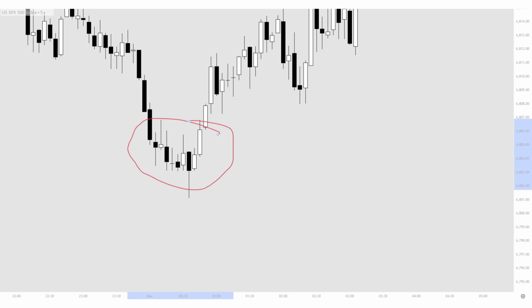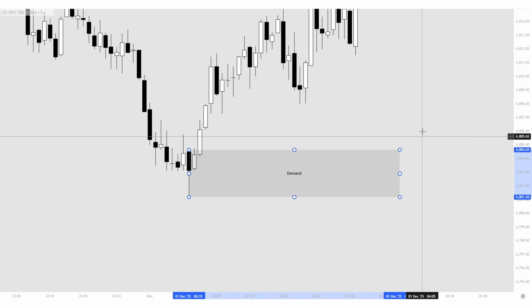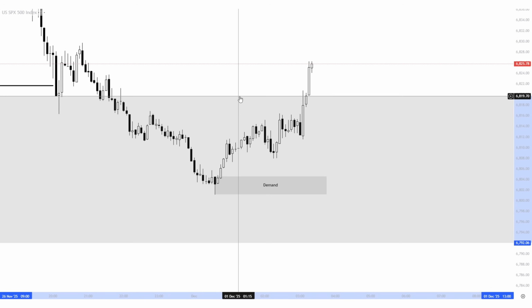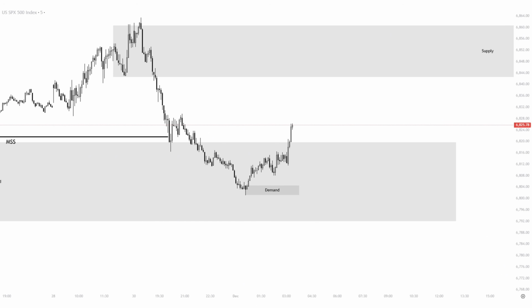The internal demand should be found right before the upside impulse, around here, and more specifically on the last bearish candle that also leaves this wick. So far this is what we're having, seen on the 5-minute chart. The price is just leaving the high time frame demand, so it's validating the bounce. Now that we've confirmed the low time frame internal demand, which we will be using for the setup itself,